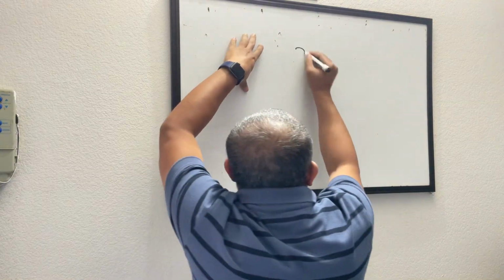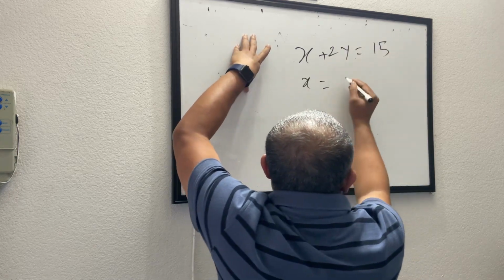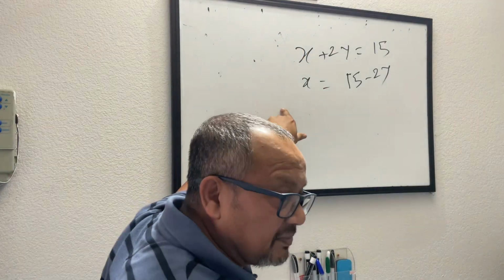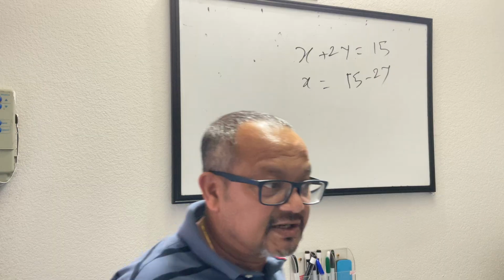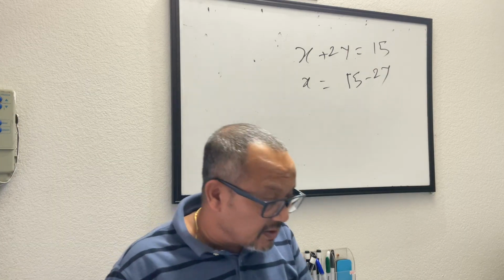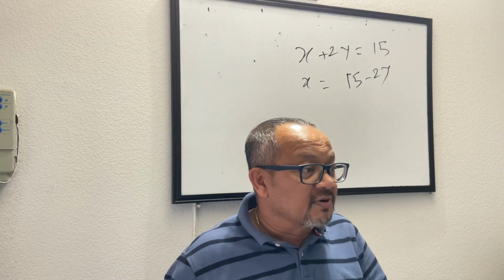Meaning, if I have to solve x plus 2y equal to 15, and then I say, okay, x equals 15 minus 2y. I'm stitching the story one step after another. I want you guys to do the assignment the same way, step by step, and then send it to me. Because if I don't get the step-by-step work, it gets very difficult for me to figure out what is right, what is not. Some of the parents have reached out to me saying, okay, can you share the answers? And my problem is, I don't really care about the answer.